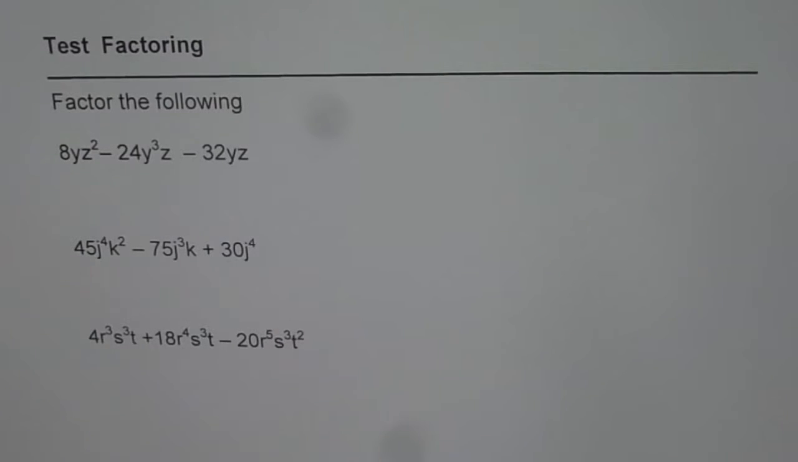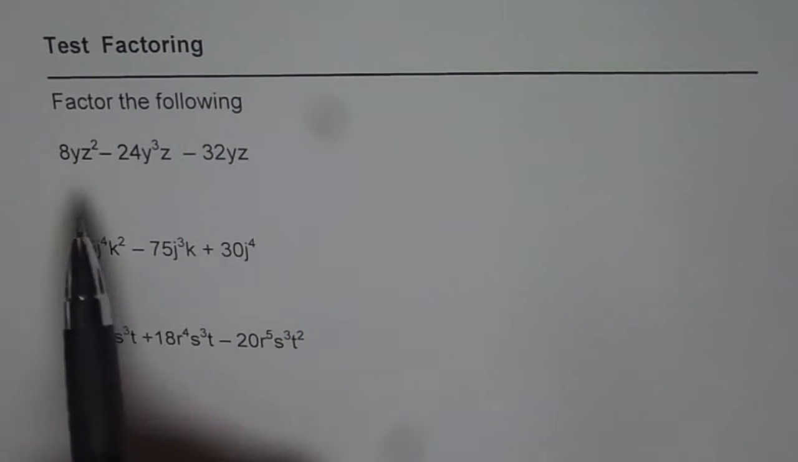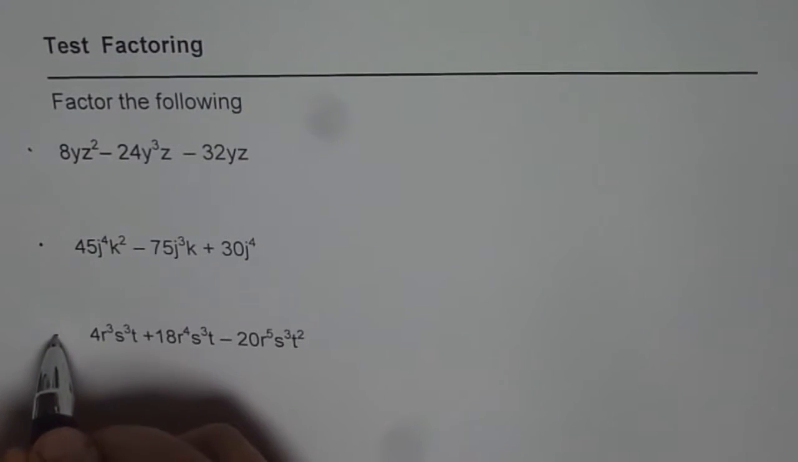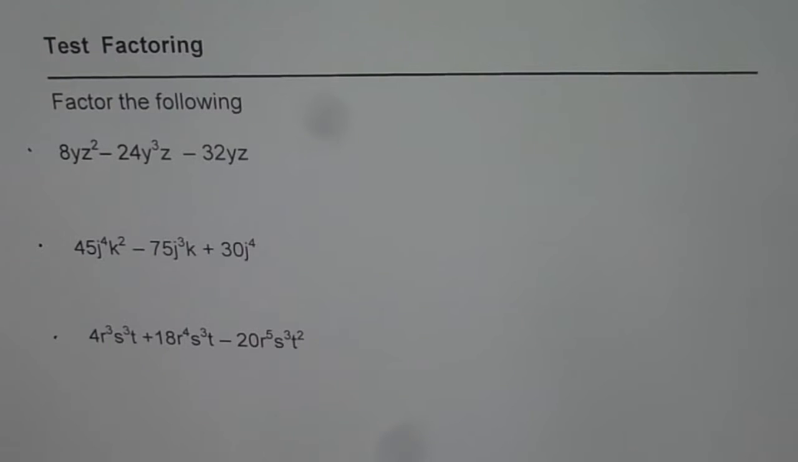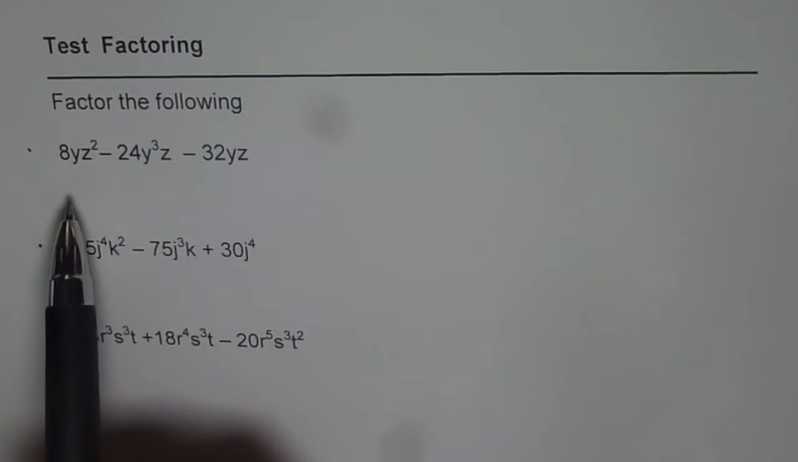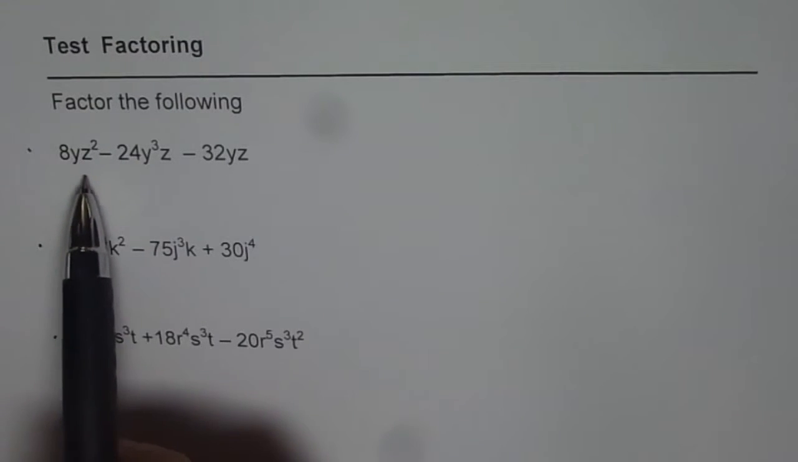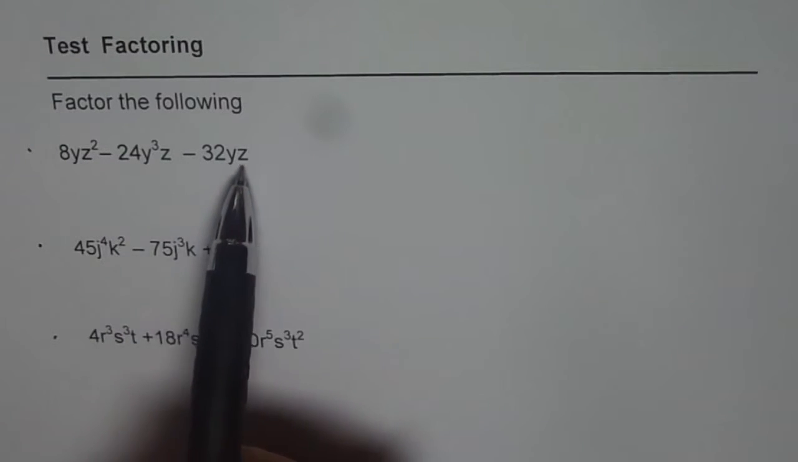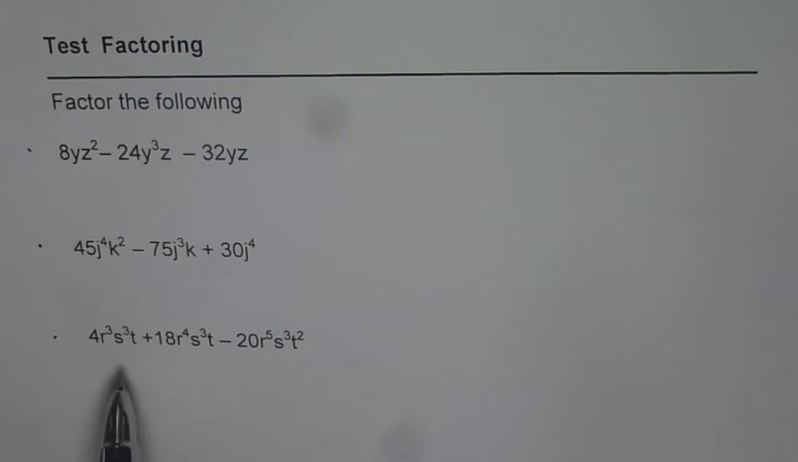Question here is factor the following. The first one, which has three questions in it. So you can copy these three, factor, and then look into my solutions. 8yz square minus 24y cube z minus 32yz. Factor this. The second and third ones are